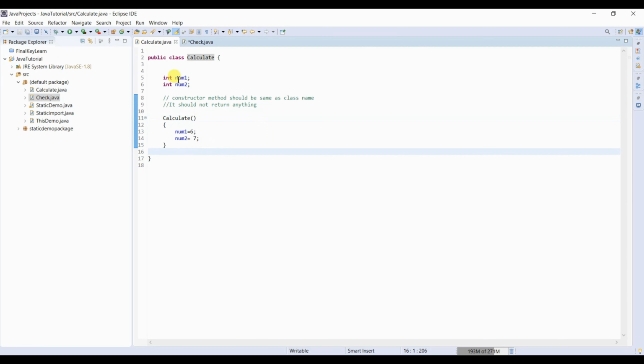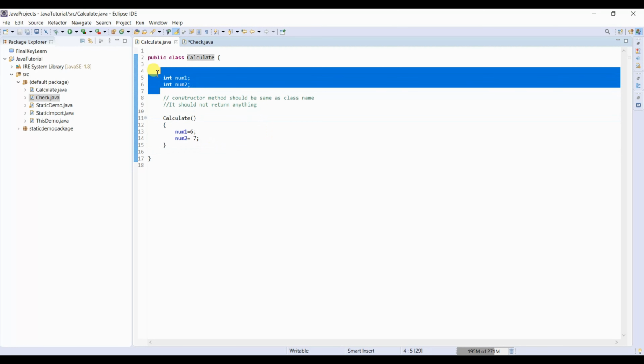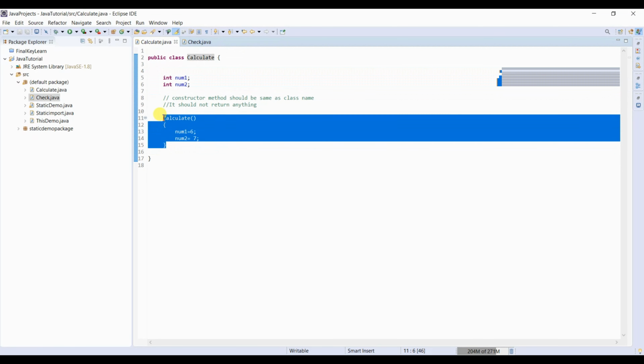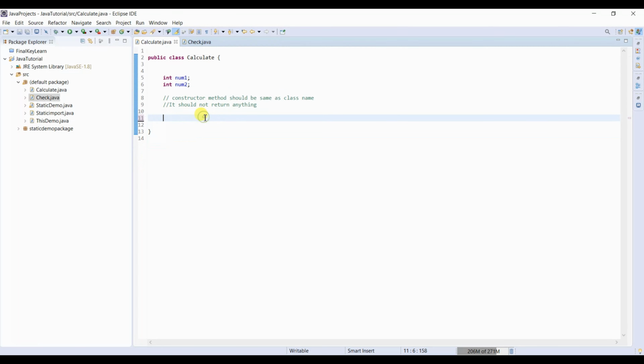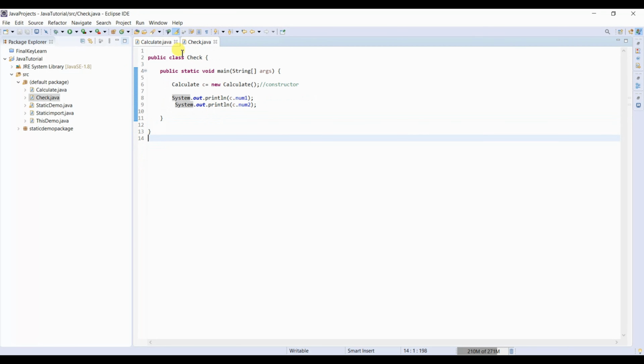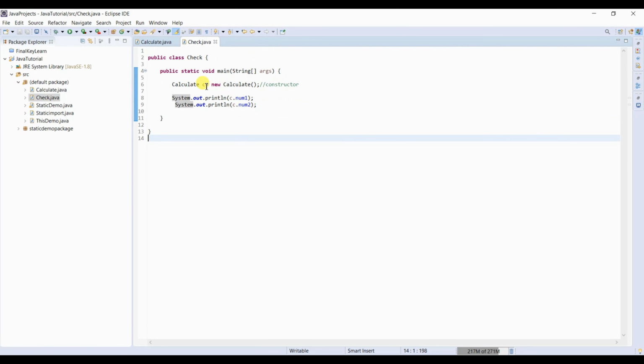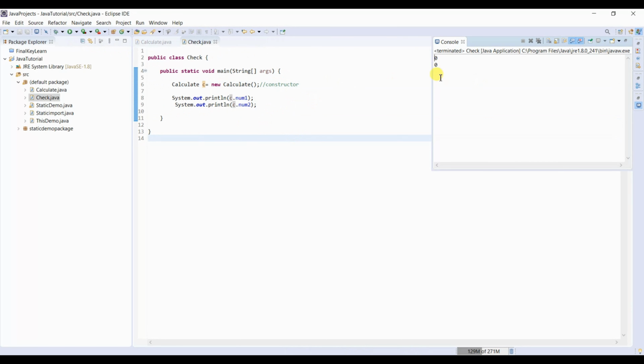Here, in this class I have taken two variables and I'm trying to print them. First I'll remove this constructor so that it will be easy for you to understand. I'll try to print these two variables declared in the calculate class, and we have created the object c here, and with the c object we are trying to call them. So let's print it. There we can see we are getting the default values by the default